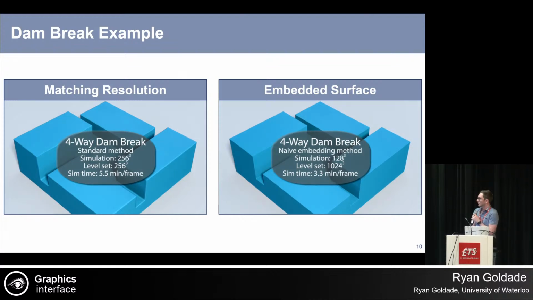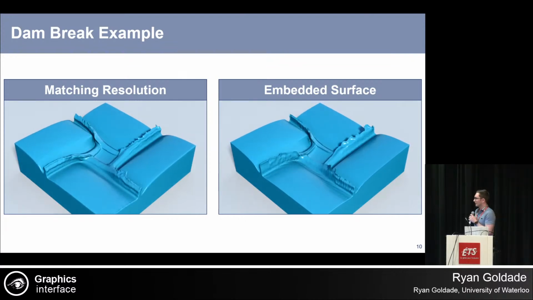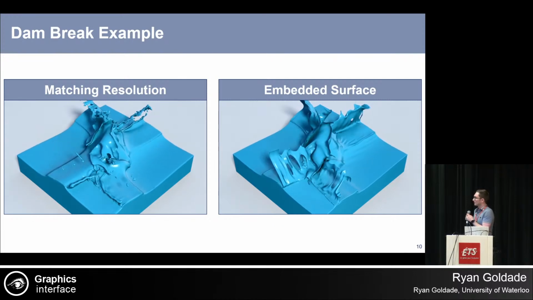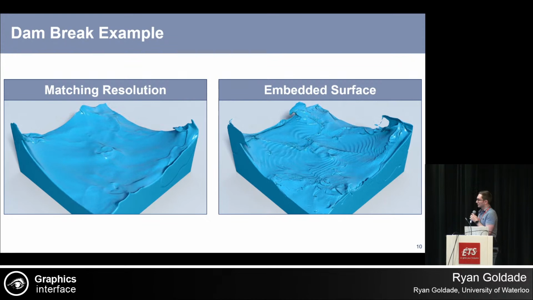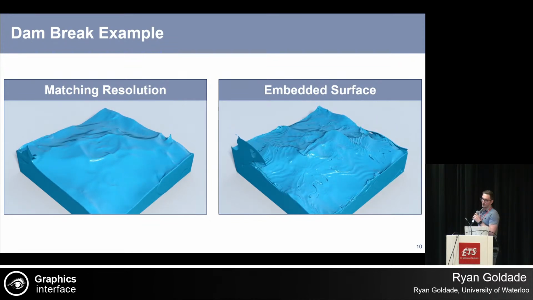Okay, but there's a catch. Let's just play this again so we get nice volume preservation. But as the fluid crashes down, it starts to create ripples in the embedded surface that never go away. And this is because the physics can't see this error. You can imagine ripples between the physical grids that just can't perceive this error.